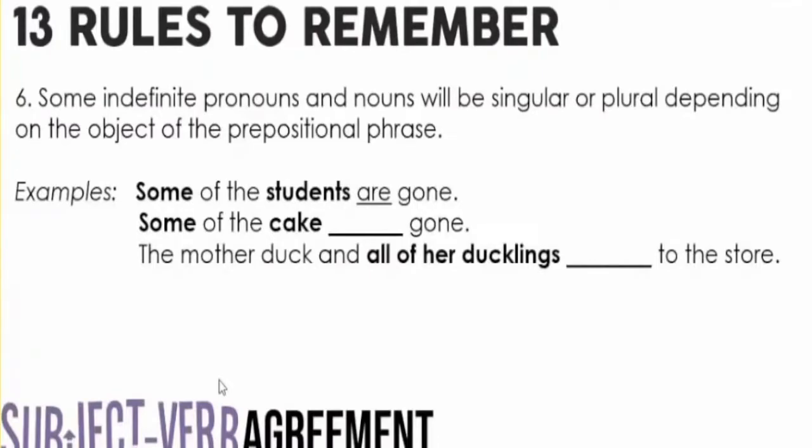So for the second one, what's the answer? Some of the cake blank gone. Is or are? Drop your answers. All right. We have from Sir Anthony, is. From Sir Brian, from Ma'am Mildred, is. Thank you for participating. You're right. Is na yan. Kasi yung some natin, nakadepende siya ngayon sa cake. Yung cake natin is not ending in S. Alright? So, you're going to use is for that. Because some cake is singular.